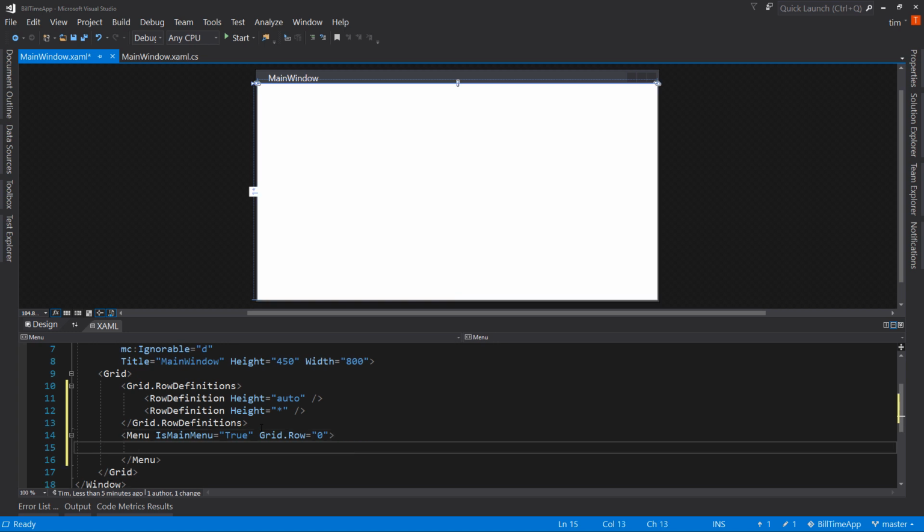Then inside there, we need to have some menu items. So MenuItem, we'll say the Header equals underscore File. And what that does, the underscore allows us, when we hit the Alt key, to then hit that letter. So notice if I hit the Alt key in Visual Studio, notice how the F is underscored up here in my menu, and the E is underscored, and the V